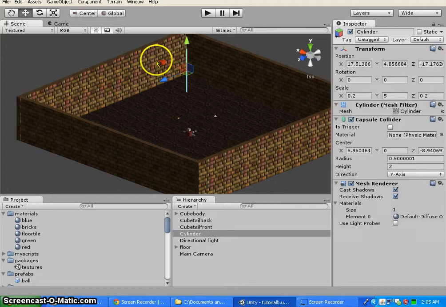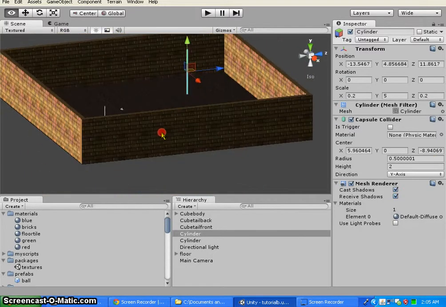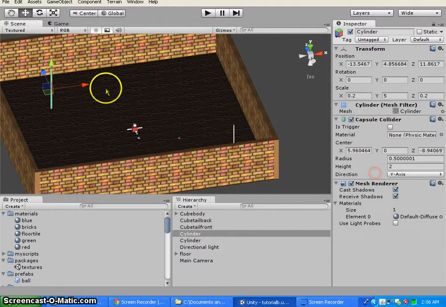And then we want to duplicate that. So while it's selected, Control D to duplicate it, and we want to move this one to the other corner. Okay, so now we have a couple pillars,